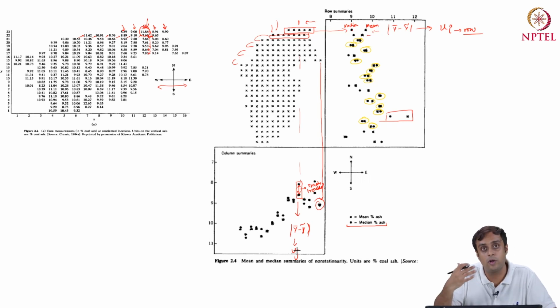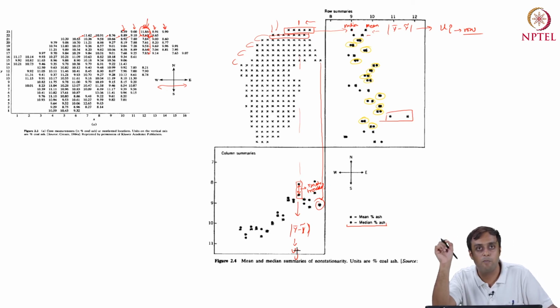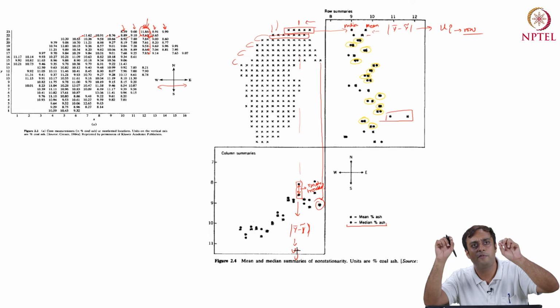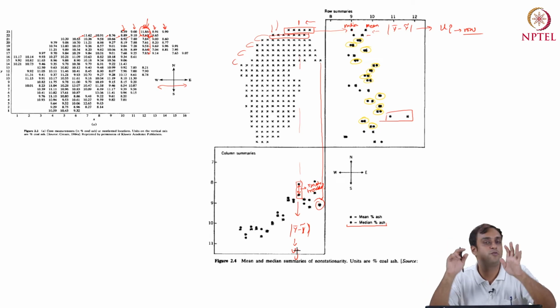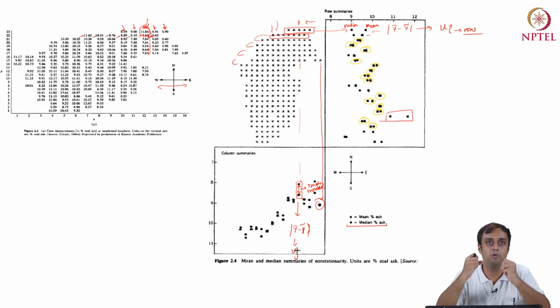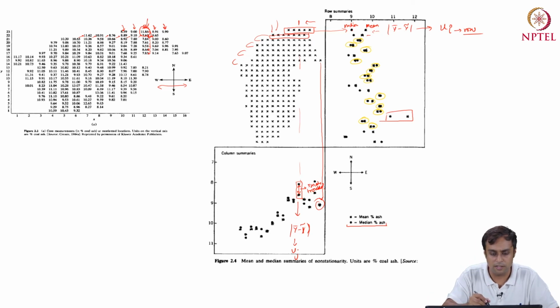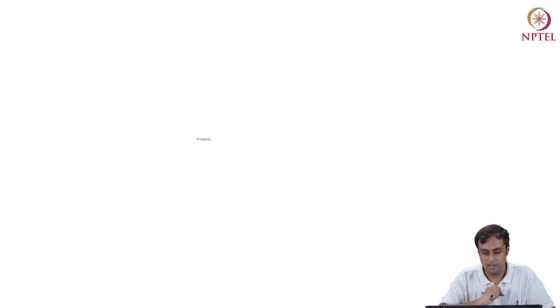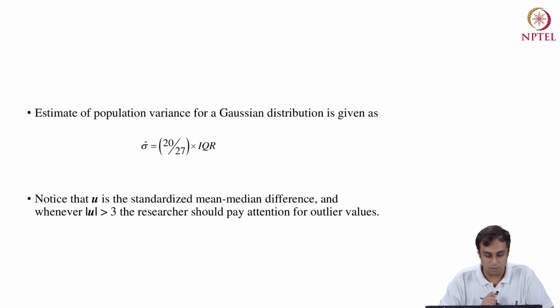So we are now looking at u's being characterized or summarized for each row and each column. So I don't have to go back and look at each of these values, visualize whether mean is very much farther away from the median or not, and so on and so forth. I can just evaluate a u and it will summarize for me the statistical difference between these values.